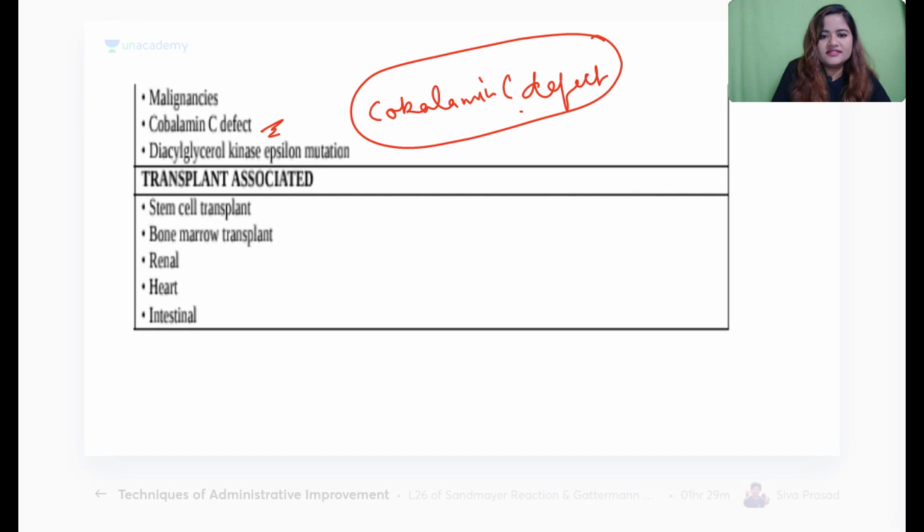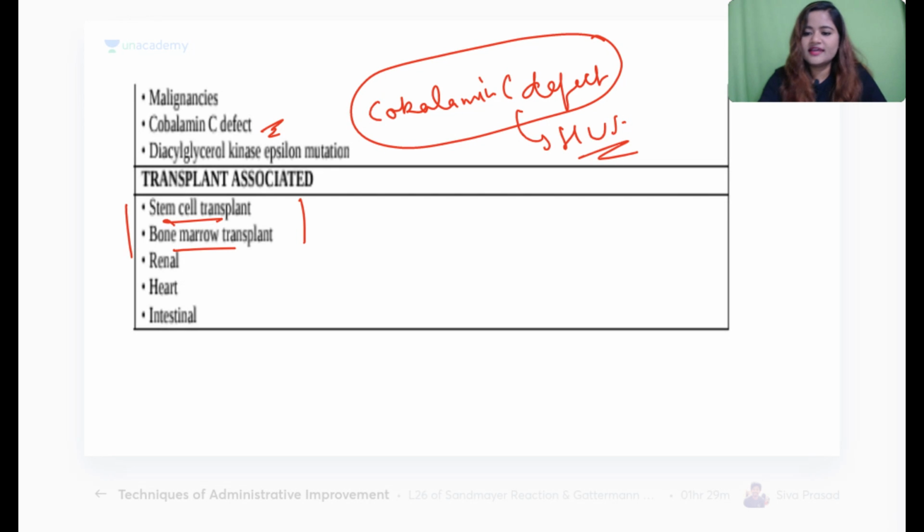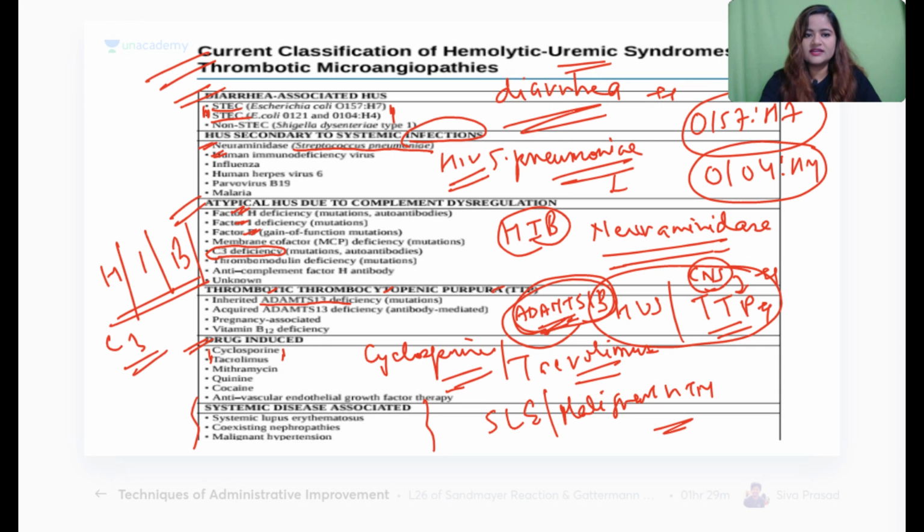So you should remember that cobalamin C defect is related to HUS, ठीक है। And finally हमारे renal damage जो सबसे ज्यादा profound कब होता है, when we get transplant। So transplant की वजह से renal damage बहुत ज्यादा होता है। So whenever there is bone marrow transplant, any stem cell transplant, any organ transplant, so it can again lead to the presentation of HUS, ठीक है।